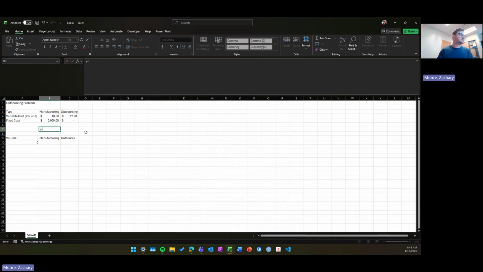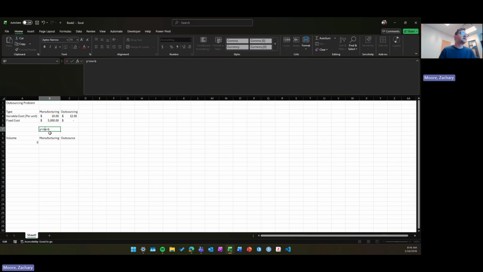Y equals mx plus b, if we look back to our very basic high school stuff. So what this is, is that the total cost, which is the thing that we're trying to calculate here, is equal to some slope, m, which is the cost per unit, times our x, the volume, plus some sort of